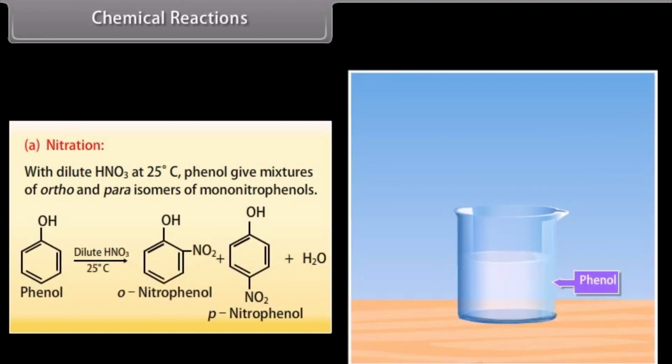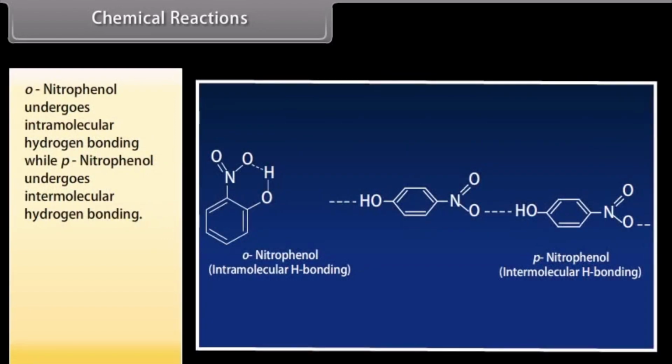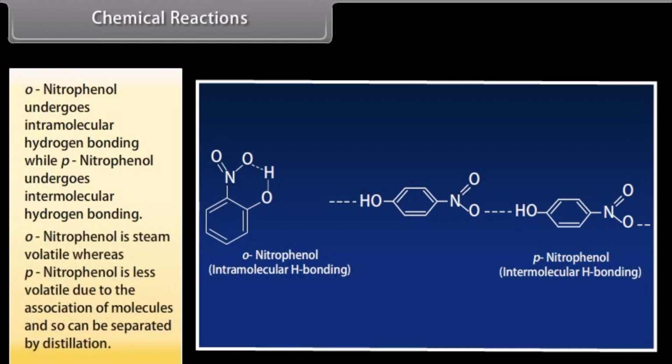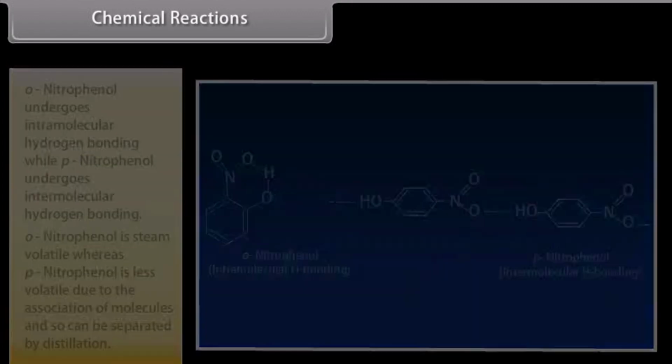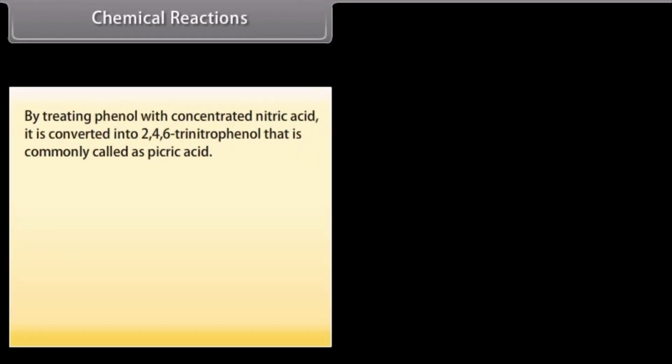On adding dilute nitric acid to phenol at 25 degrees Celsius, it forms ortho-nitrophenol and para-nitrophenol. Ortho-nitrophenol undergoes intramolecular hydrogen bonding, while para-nitrophenol undergoes intermolecular hydrogen bonding. Ortho-nitrophenol is steam volatile, whereas para-nitrophenol is less volatile due to the association of molecules and so can be separated by distillation. By treating phenol with concentrated nitric acid, it is converted into